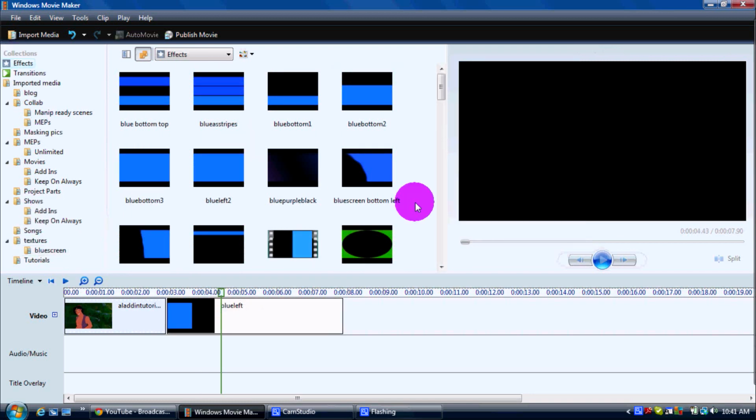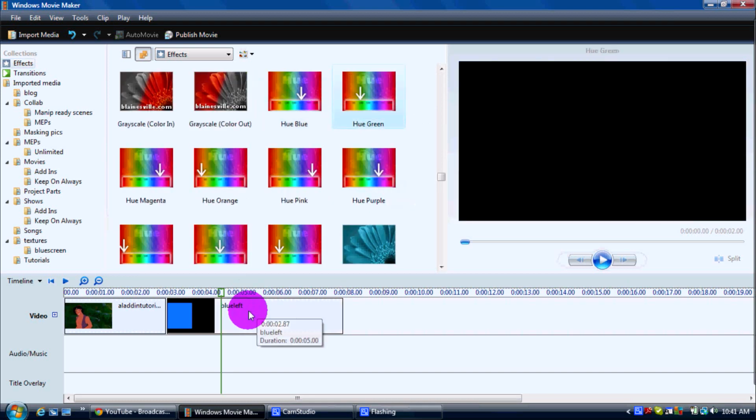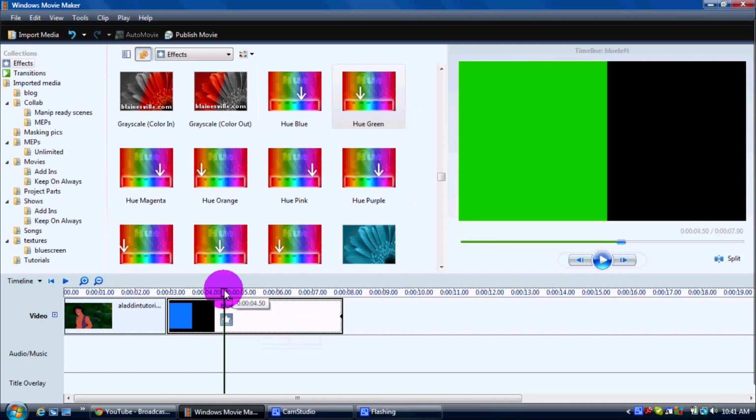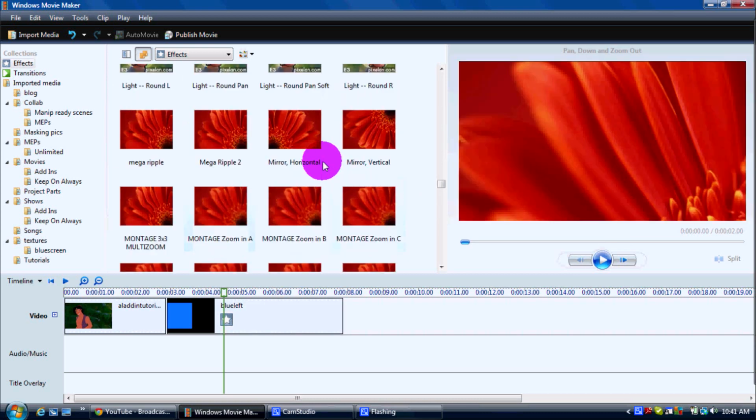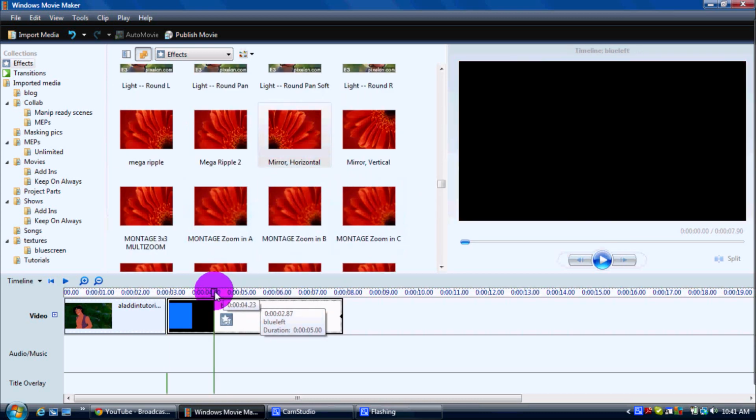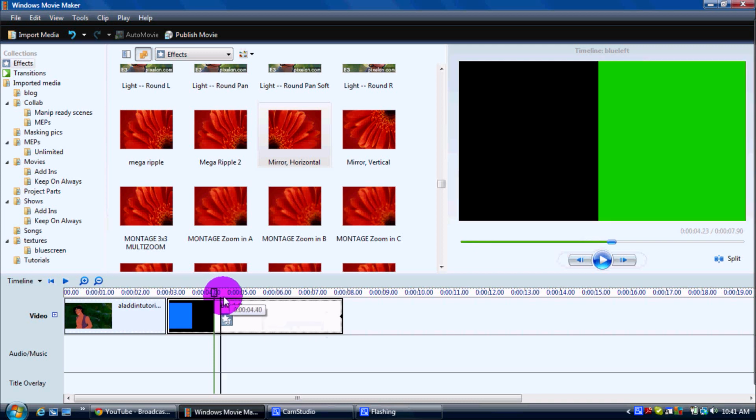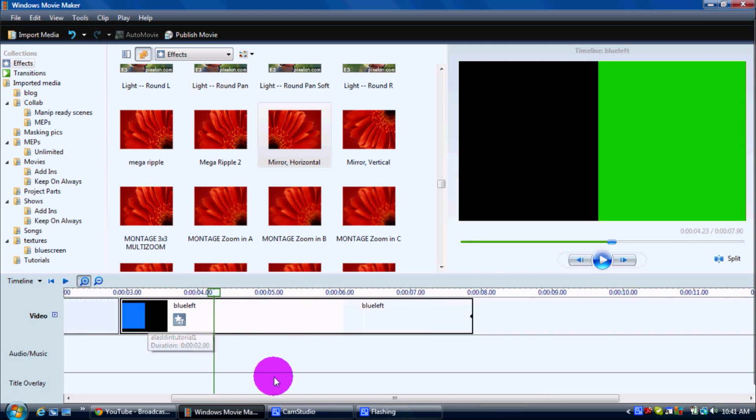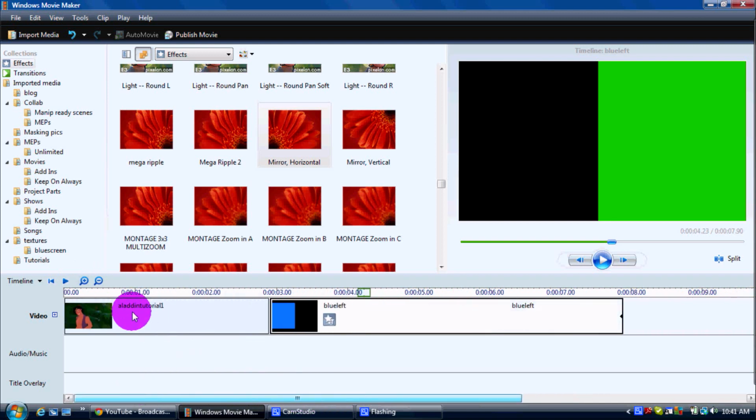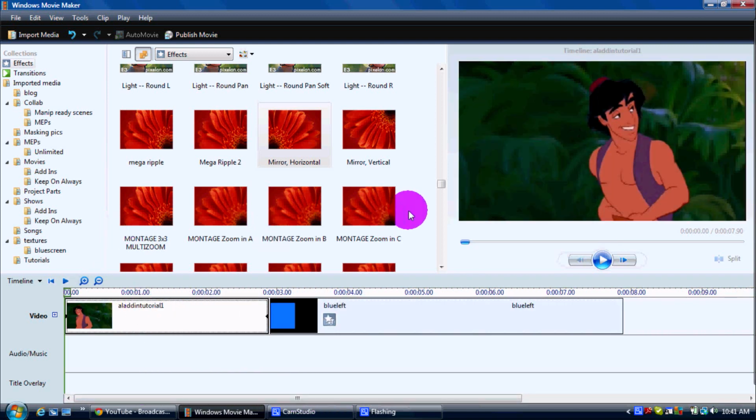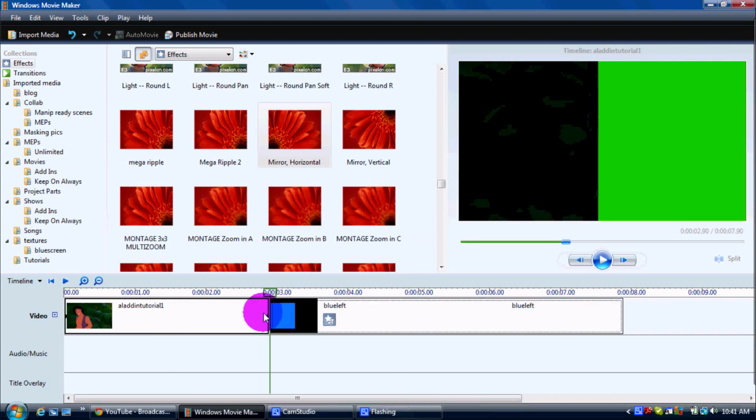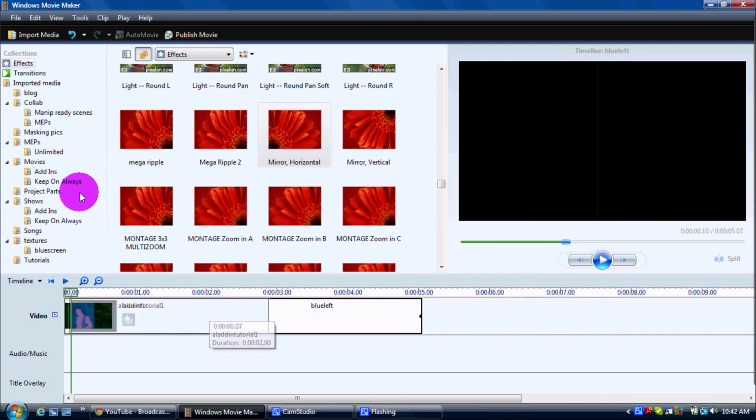Okay, so we're going to hue this green once it actually moves. Okay, so now we have, look, it's green, yay! And then we want to mirror it horizontally because we want the green to be on the other side to cover up these leaves. Okay. So we move it over onto Aladdin. Whoop-de-doop. And then